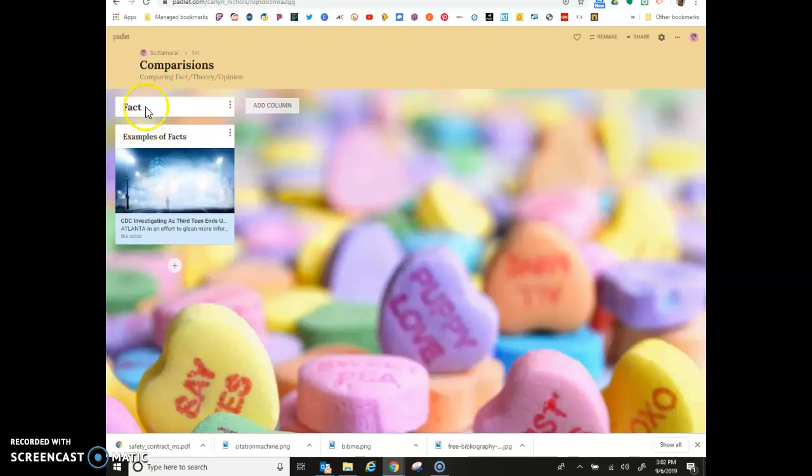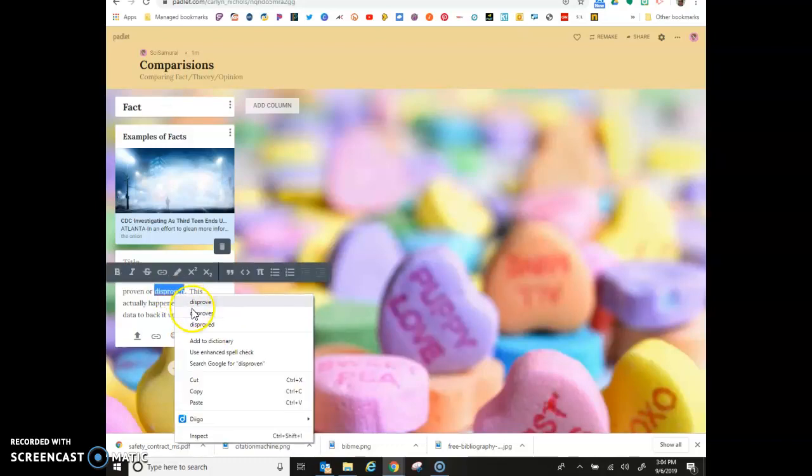And actually, I need to change this. Okay. Then, now if I want to add something to this column, for example, I want to add some comments. This is a fact because it can be proven or disproven. This actually happened, and there is data to back it up. Okay, so now I'm going to check